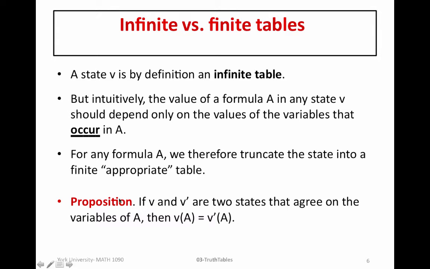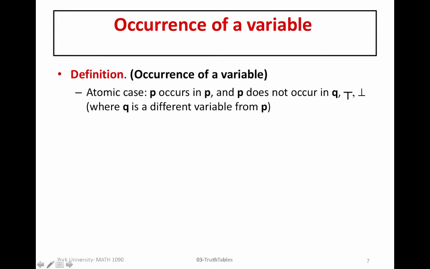The proof of this proposition is outside the scope of our course, but it is important that we recognize and know that there is a formal proof of this result, so that everything that we're doing within this class and everything that's done within logic is properly well defined so that it does not create any contradictions or paradoxes. Okay. So one thing that you may notice here is that this word occur is underlined. So again, to make things rigorous and formal within this course, we need to define what we mean by a variable occurring in A.